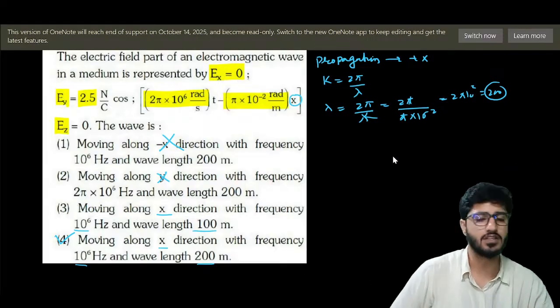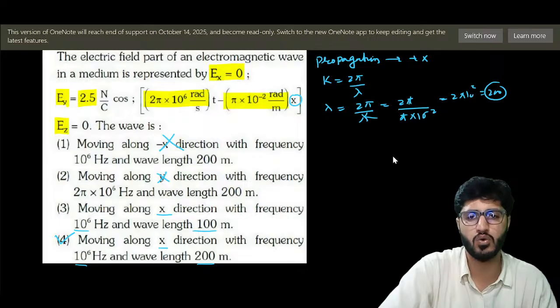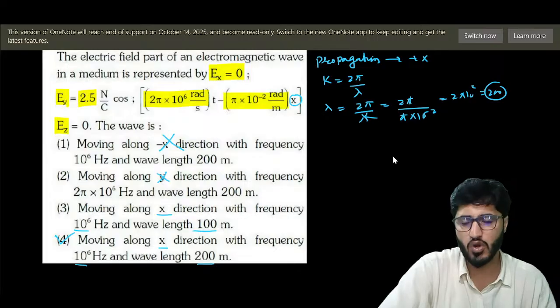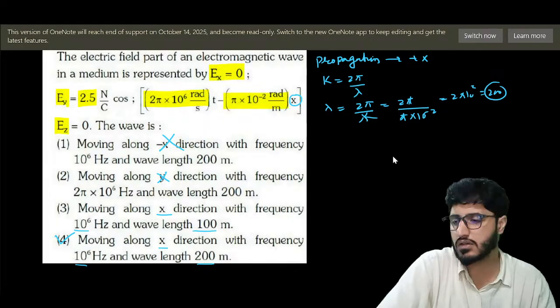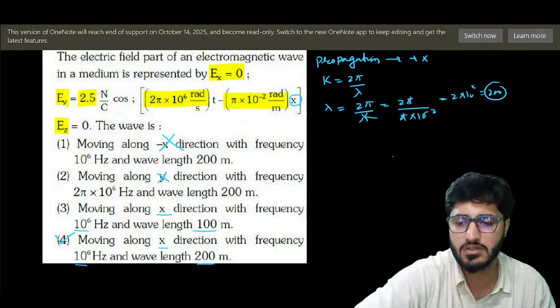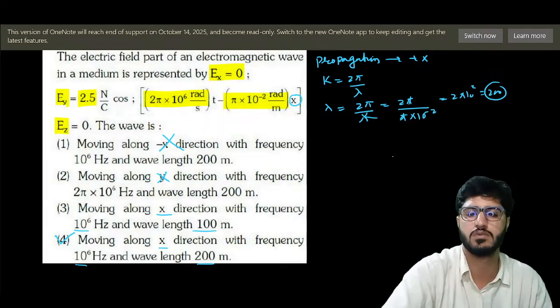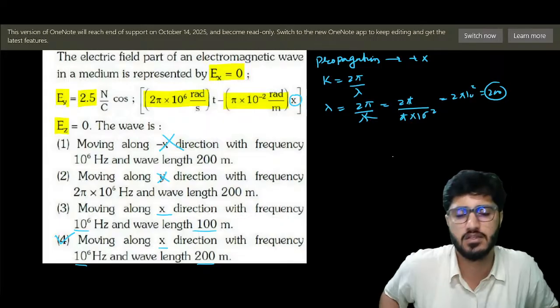You can do this question from your own end and you can just drop the comments. If I had made any mistake and you want to correct my mistake, you can just comment below.